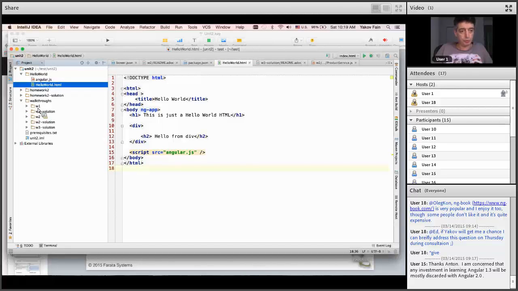It's not even walkthrough 1. It's just a hello world HTML. Let's look at it. So I've added Angular, which is right there, and I have hello world. Now, if I will run or open it in the browser,